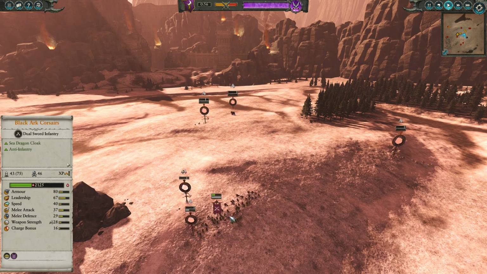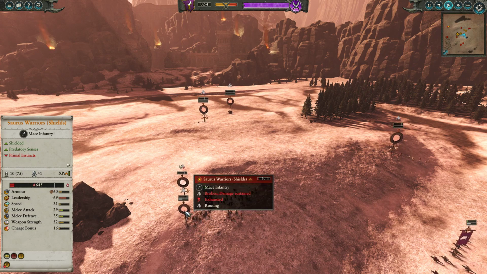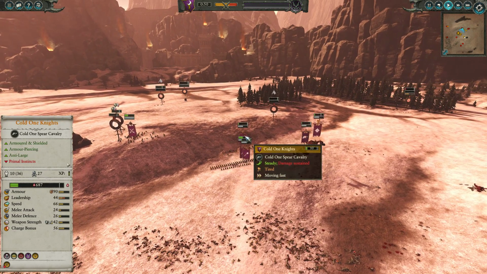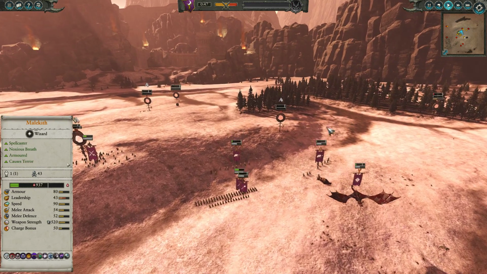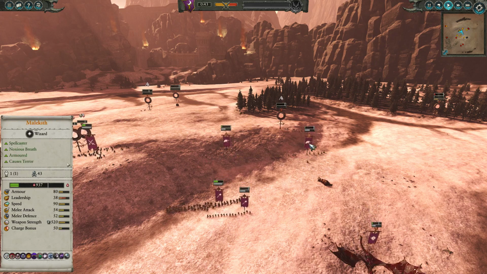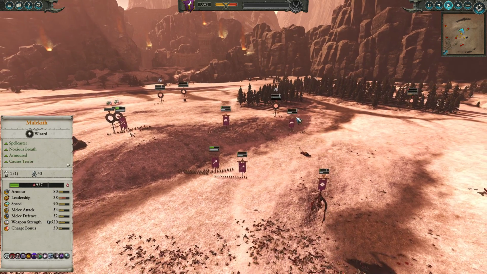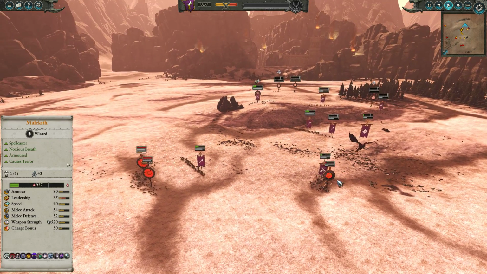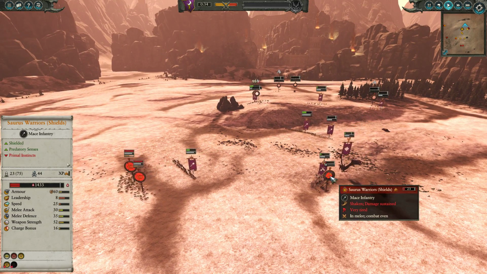You can see here I'm trying to chase down these Sarsh Warriors with shields, using the Blackheart Corsairs' mobility to run them down as sort of pseudo-cav, committing Cold One Knights to deal with the Sarsh Warriors, and sending these guys to deal with the Feral Stegodon, these guys to deal with the Sarsh Spears. Of course, these guys do cause fear, and dinos are susceptible to fear, so it's one of those nifty little perks. Over here, the Witch Elves do get into a fight with the Sarsh Warriors with shields,